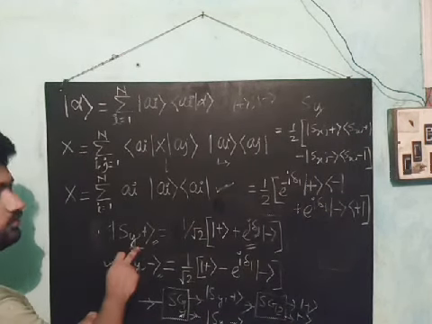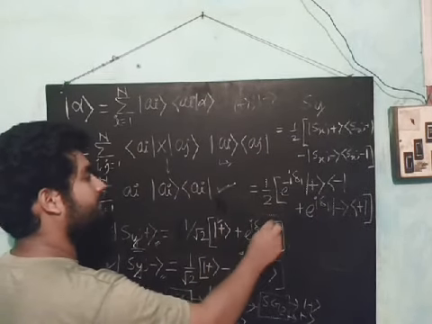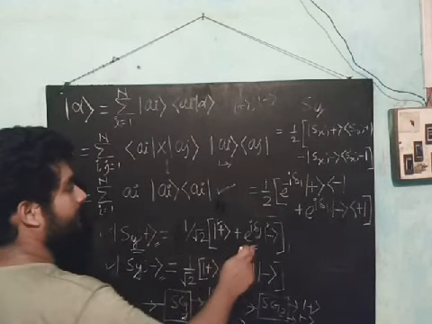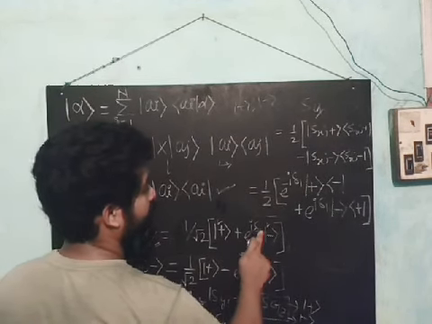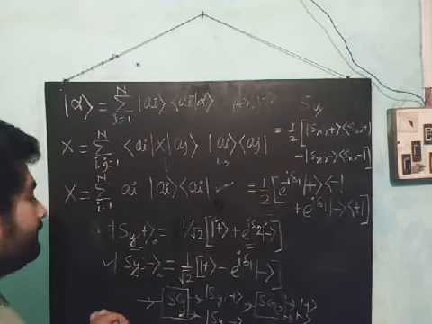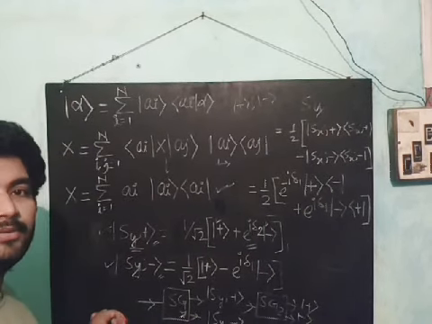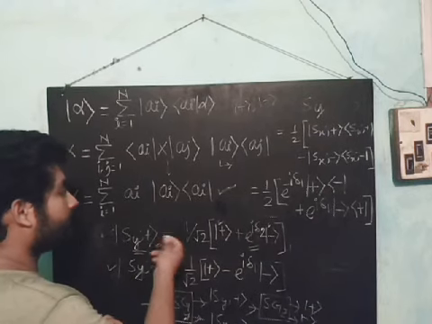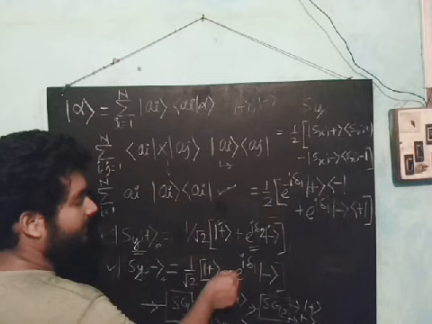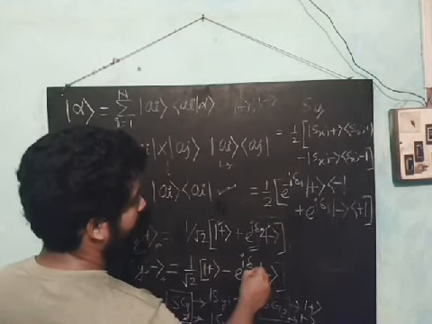So Sy positive is also a linear composition of positive and negative, and with the same argument I will have this. Similarly, Sy negative is also a linear composition of positive and negative, and because of the orthogonality between this and this, here there will be a negative and this delta will be 2.